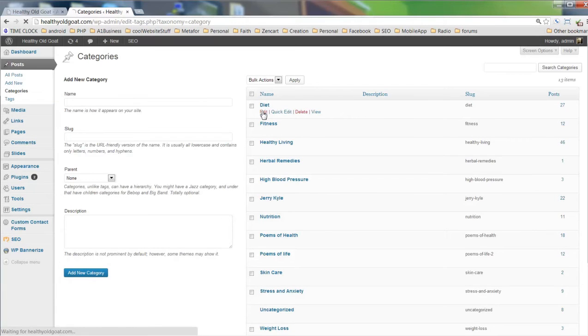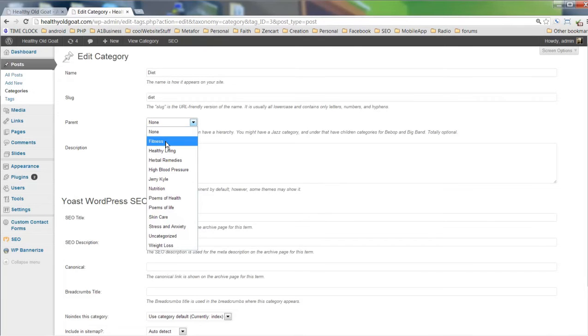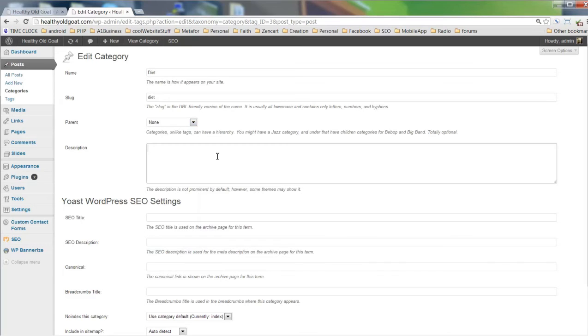So if we click edit here, we see that the slug is diet. It's not a child category of anything, but if we wanted it to be a child category of, say, fitness, we would click that, but we're going to keep this as a top category. But we should enter a description of something about the diet and what we're going to be talking about that's